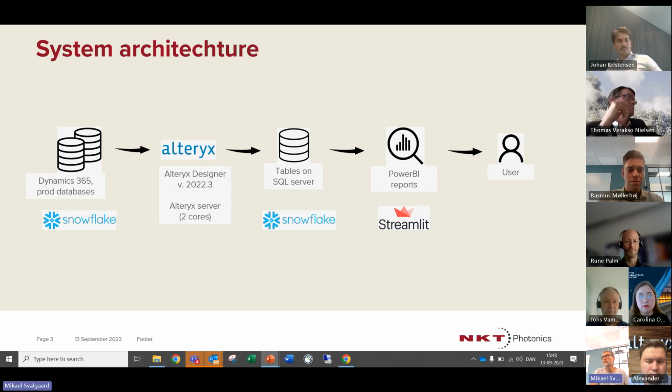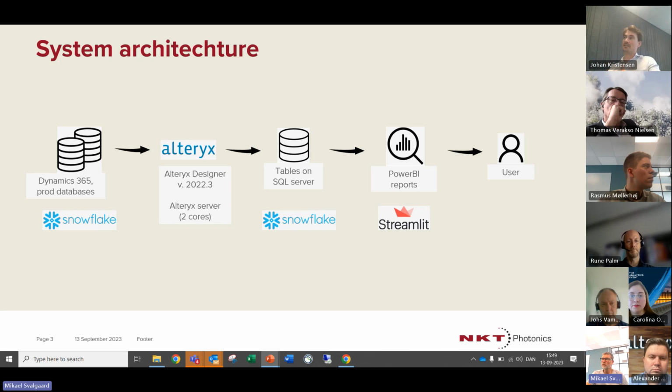It's a matter of using Alteryx for what Alteryx is good for. So right now we extract using OData feeds and API calls. We extract entities from D365, and it takes a lot of time. What you can do is utilize the Azure database that we're using, which is also in the Microsoft environment, and you can then create the blobs, which you can transfer to a Snowflake server. From the Snowflake server, in this instance, you'll have tables, but we want entities, and the entities are composed of different tables.